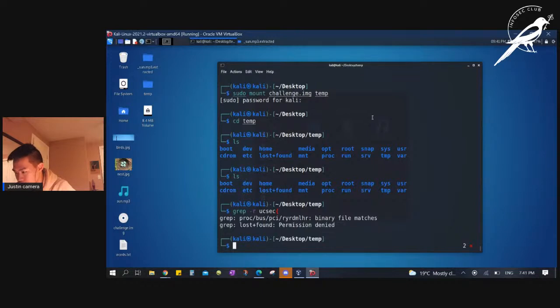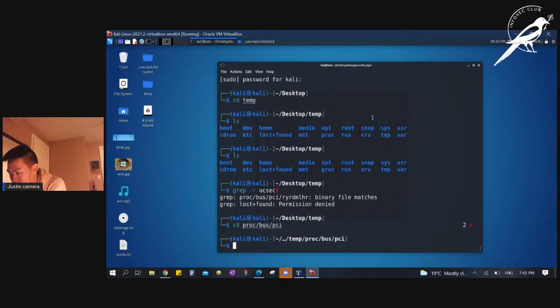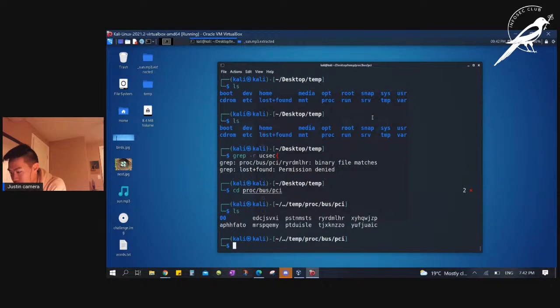Ooh. Okay, so it's telling us 2 things. In proc/bus/PCI, there's a binary file that matches the pattern we were looking for. And the second thing it says is it was unable to look in lost+found. Okay, whatever, let's just leave that be. But let's go to the directory that they told us, proc/bus/PCI. There's our file,